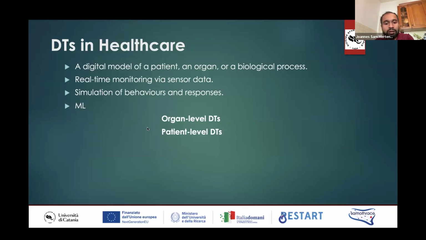There are again a lot of advantages with this. One is real-time monitoring. When you have digital twins that are collecting real-time sensor data from the human body through probably a lot of sensors or wearables like smartwatches, you can have real-time monitoring of